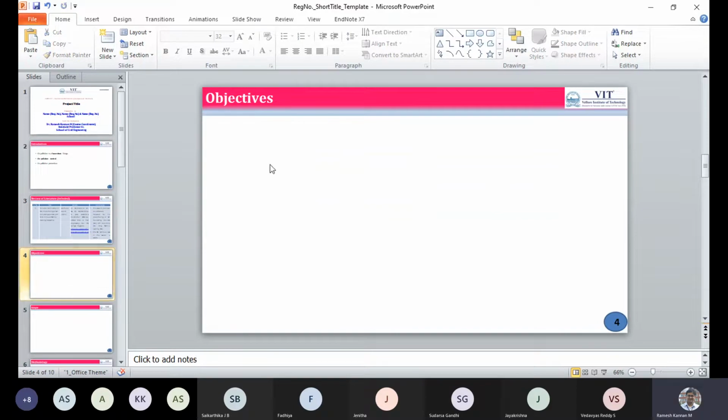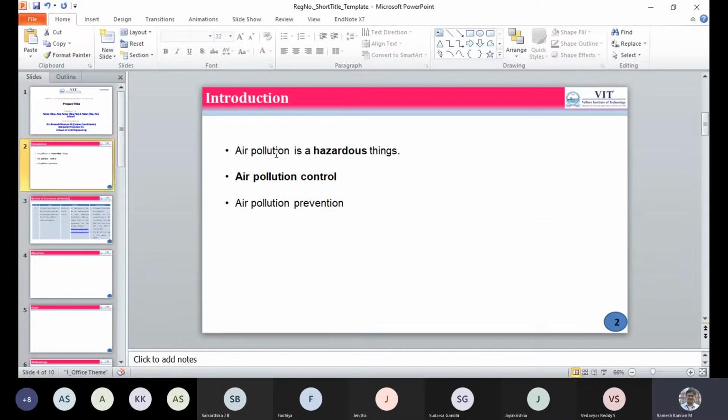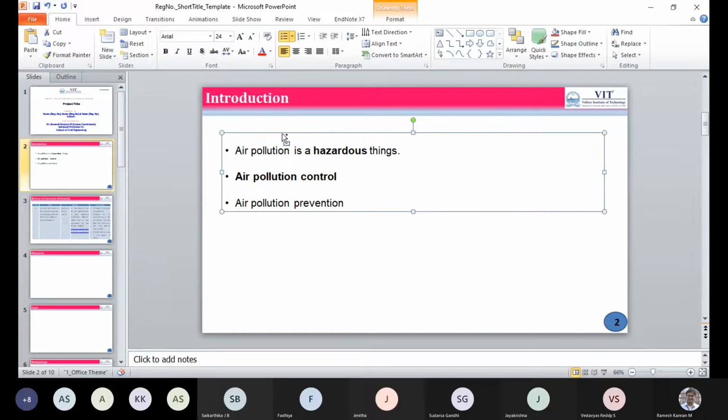Then the objective of your research: why you take your research, and what things you will be achieving in it. I'll just give you a quick overview. My topic is air pollution, right?